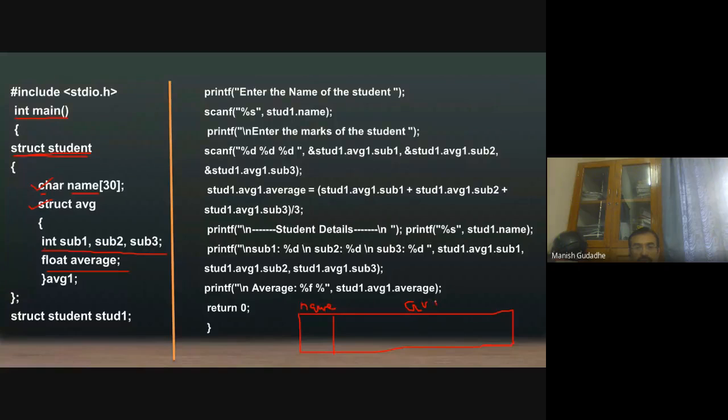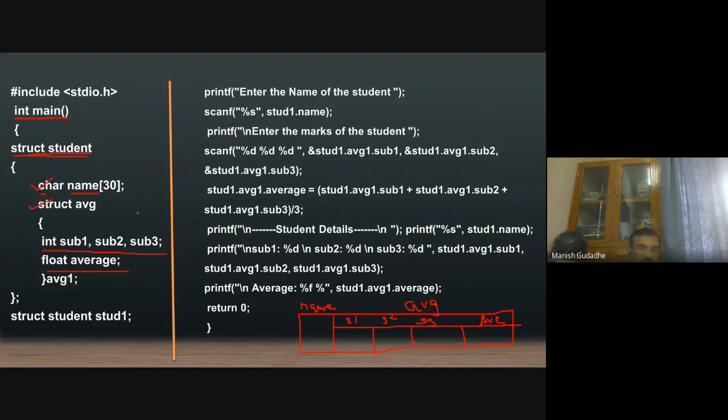Within this whole AVG we have four members, sorry, not three: subject 1, subject 2, subject 3, and average.